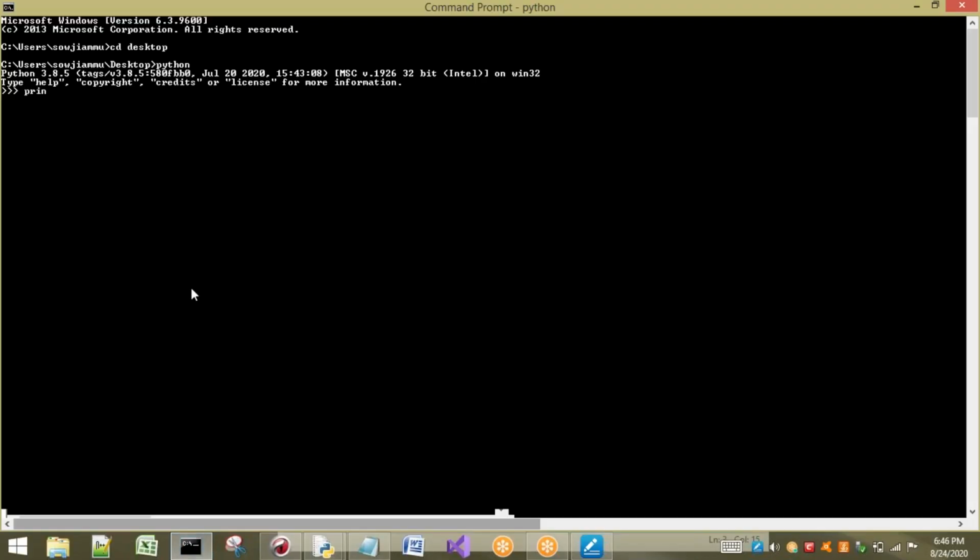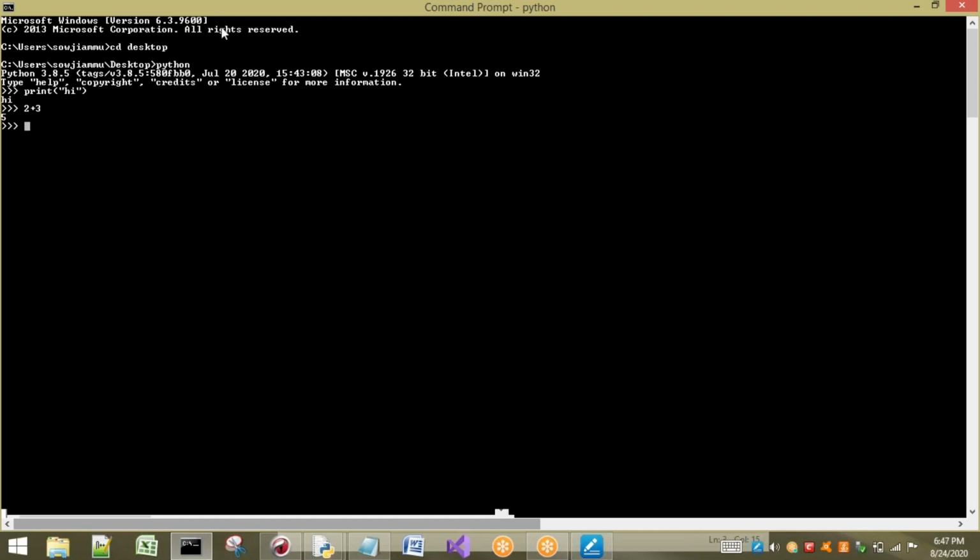Here also, I can directly write individual statements. Whatever statements we have written in the Python shell, here also we can write in the same way. Next, here I can also perform some operations. We have seen 2 plus 3 or any other type of operation can be written here.